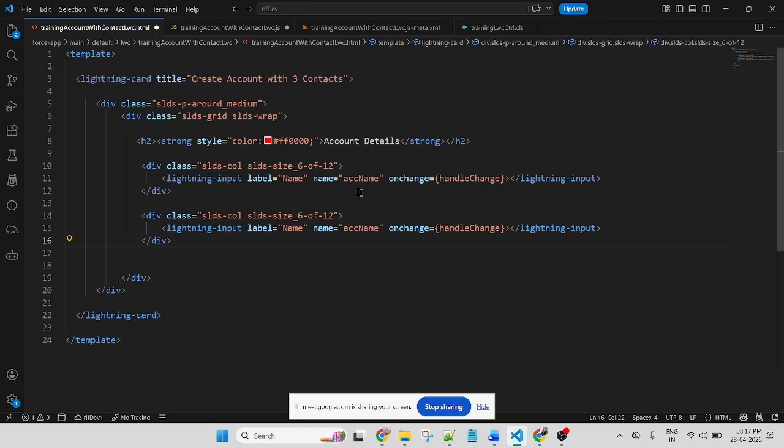And paste. If you want to give space between two input fields, use SLDS p-horizontal medium. SLDS p-around medium, we can also move the bottom.